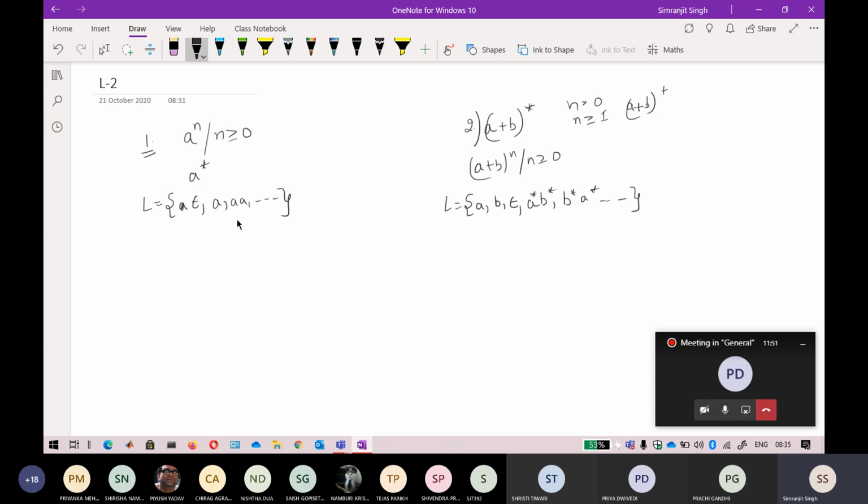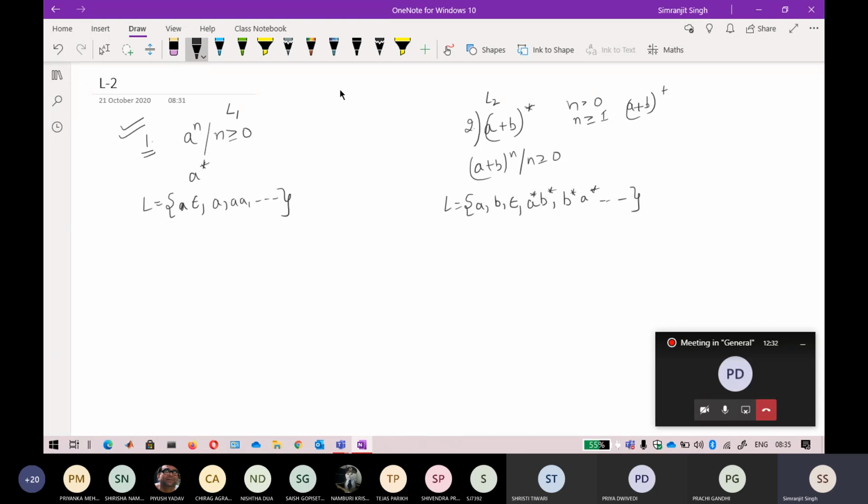Keep that in mind. And now how to write a particular grammar for that? Keep that in mind, because most expressions will contain something like a raised to power n or something like b raised to power n. So this pattern is most commonly used. This type of grammar is most commonly used in questions. In a similar way, many questions just contain this term, (a plus b) star, in the end, in the starting or in the middle. So the grammar that is generated from it will be extensively used in many regular expressions or in many grammars. Okay, so first of all, before telling you about the grammar, keep in mind that this is language 1 and this is language 2.